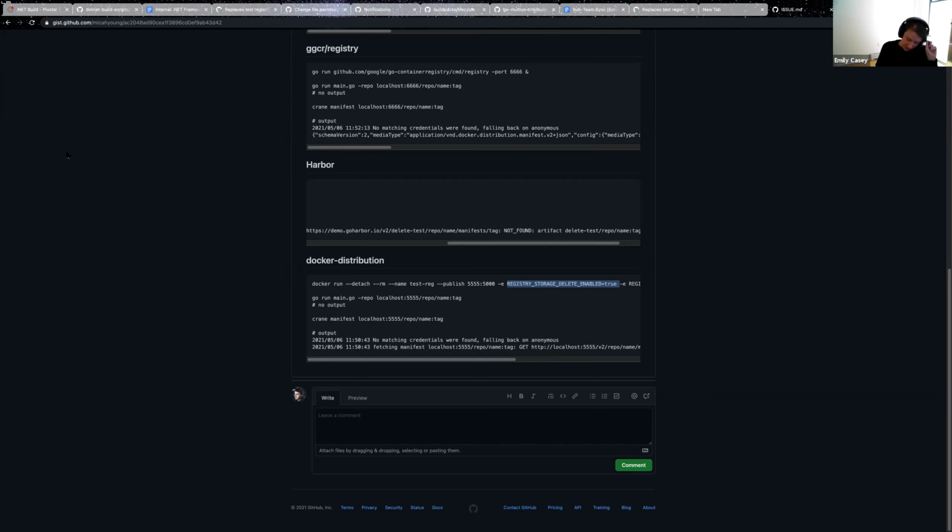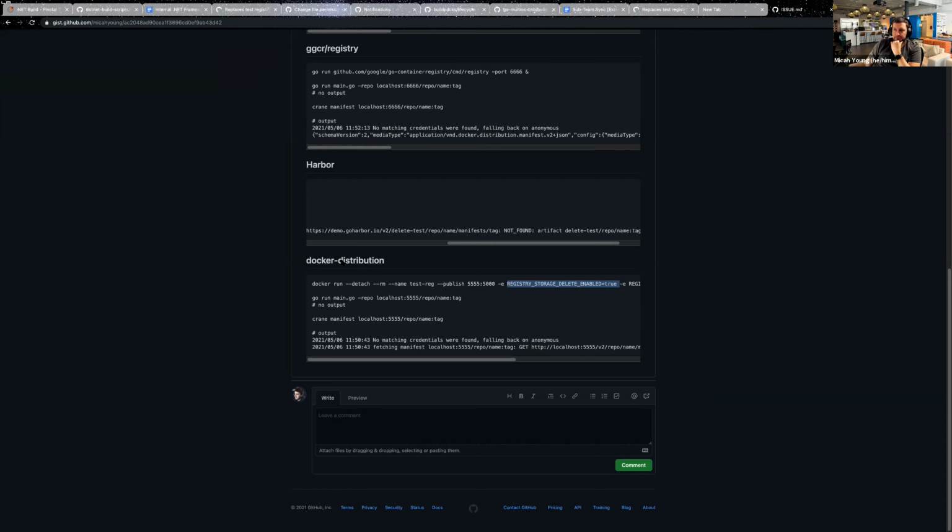I wonder, thinking about image util as a library, the way it's architected now, if you call delete on an image and it has a tag associated with it, we should probably delete the tag. And then we can try to delete the digest, but not really check the error.